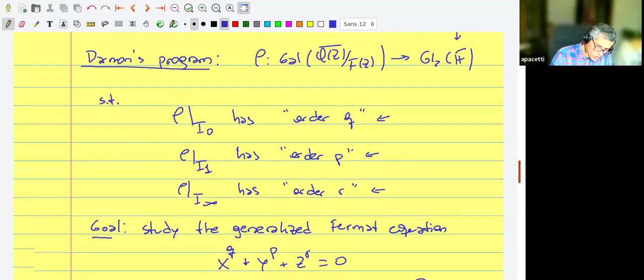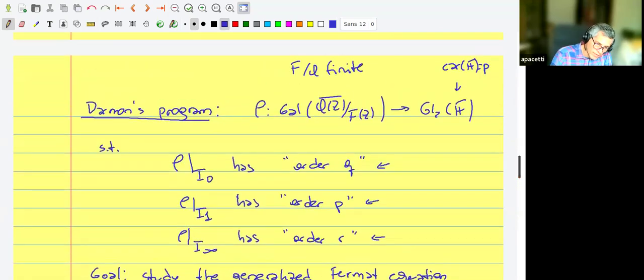And you search for a representation like this, and the conditions you like to have, something of order q at 0. This is actually in Darmon's articles as the projective order, but that's okay. So up to elements in the center, but it doesn't make any difference. I mean, you can just twist. You want this condition at 1, and you want this condition at infinity, and then you have to impose 2